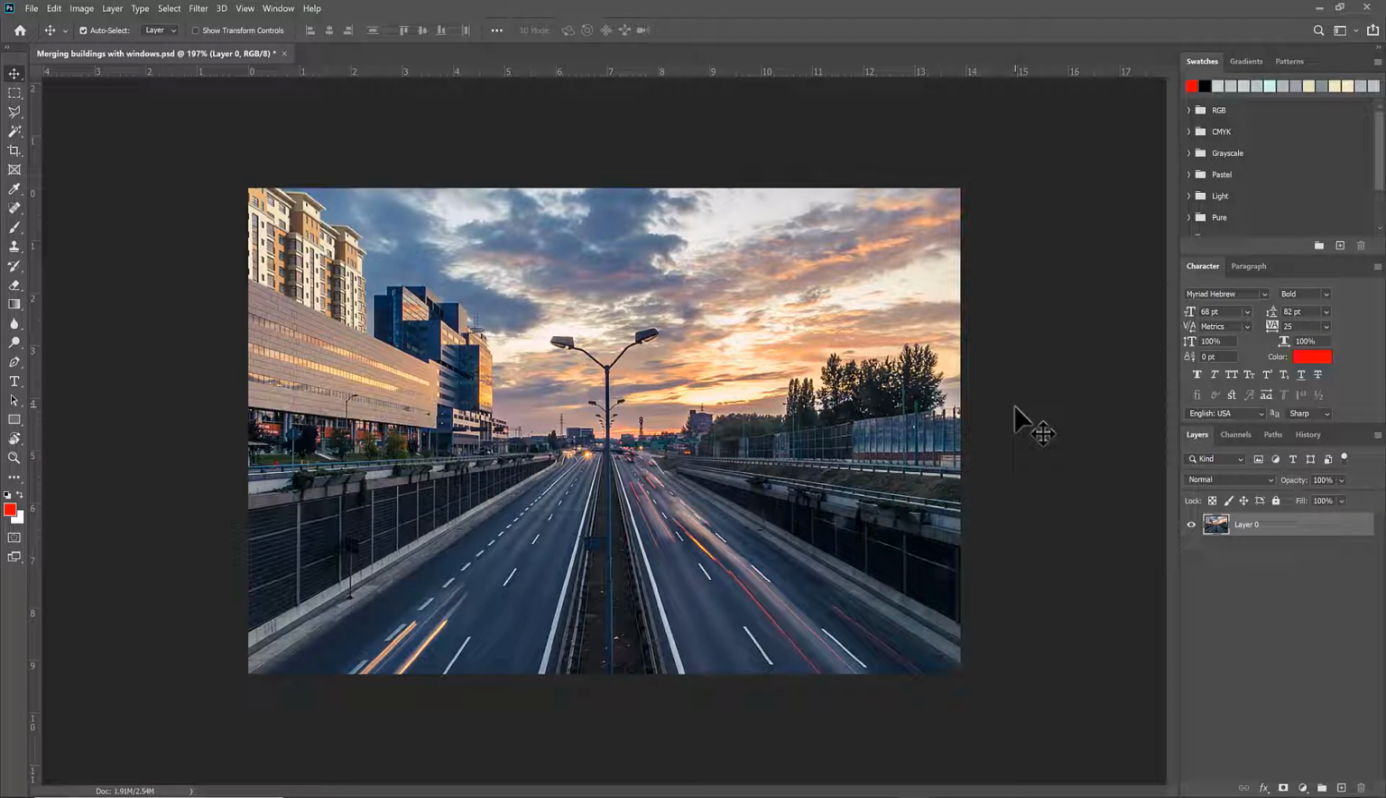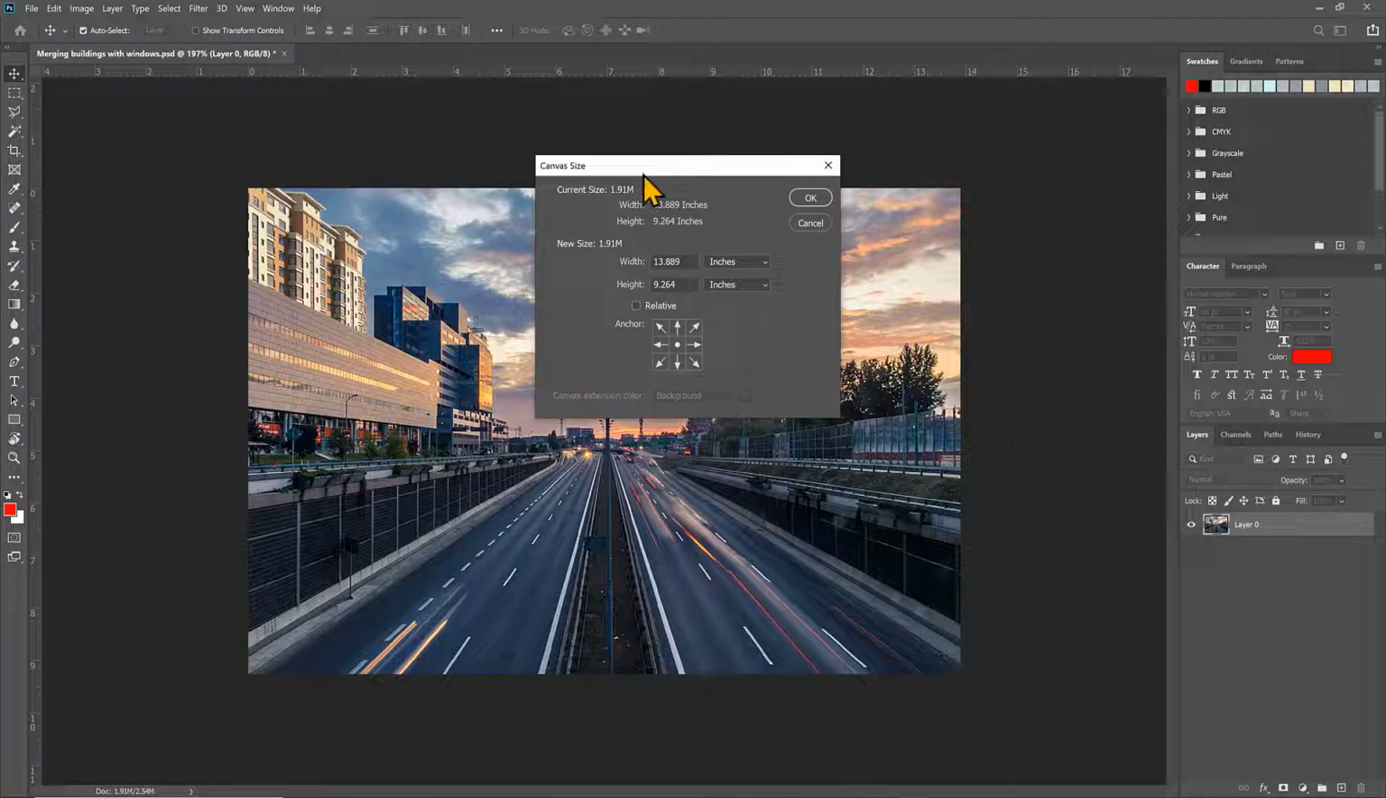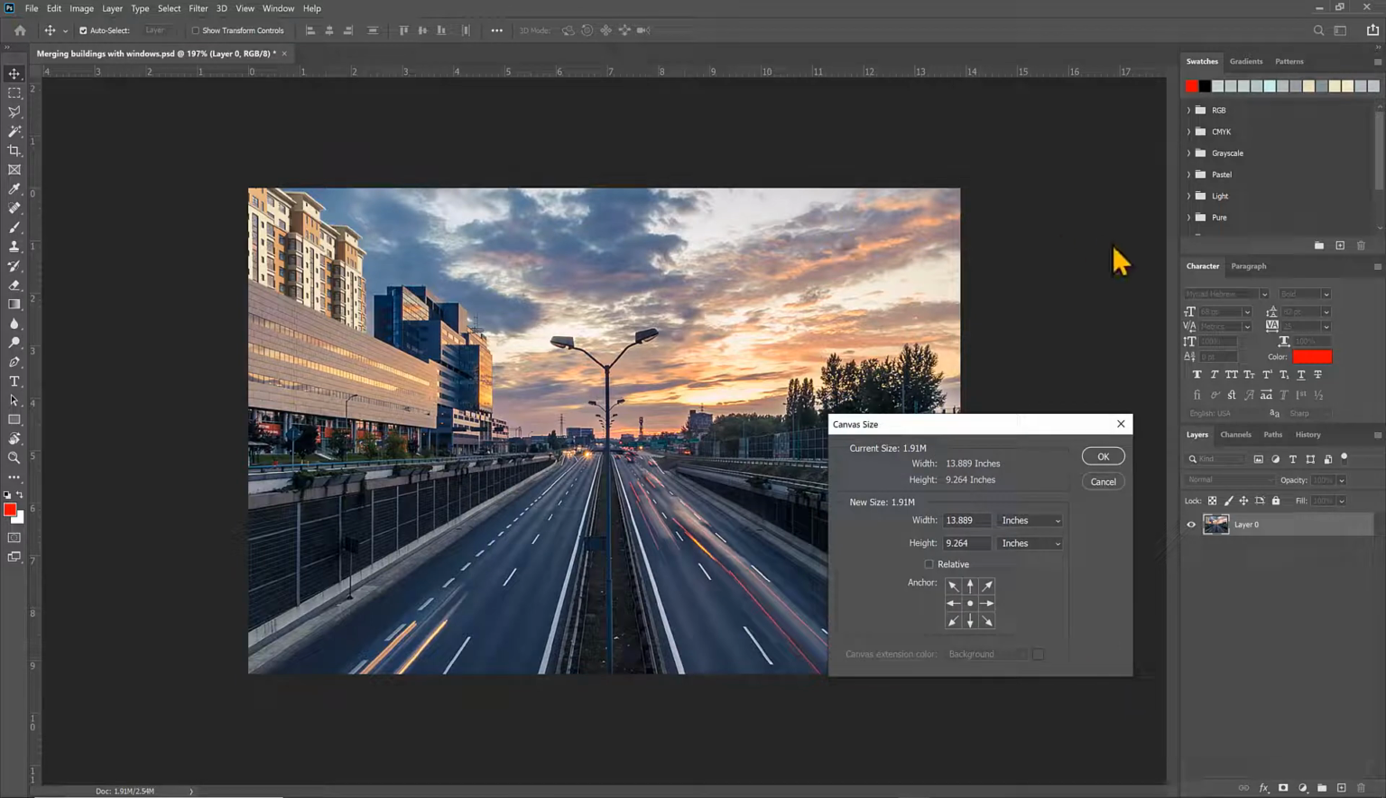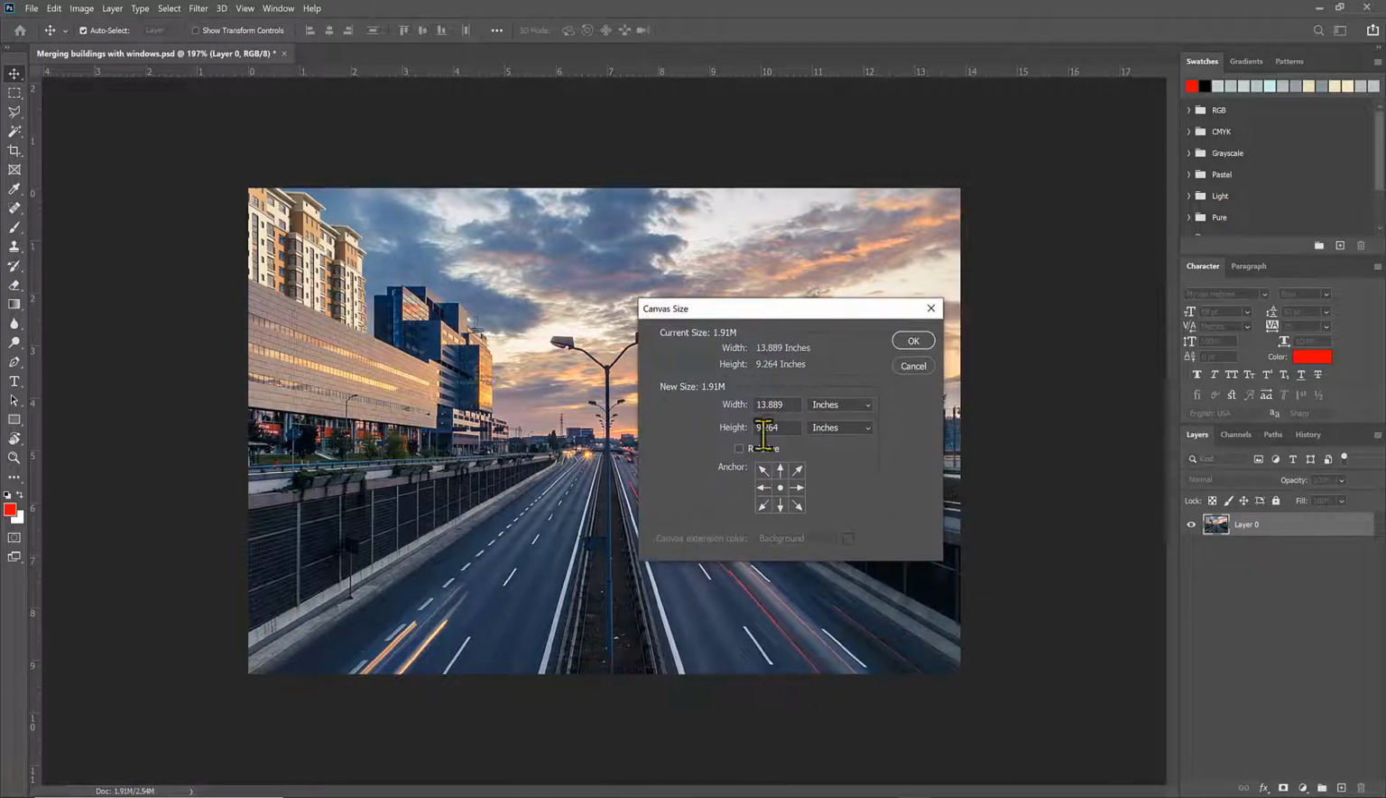Okay, so here's the scene. The first thing that I need to do is go to Control-Alt-C, and that's going to allow me to expand on the canvas. The canvas is that work area. So what I want to do is tell the canvas to expand. Let's talk percentages. I'm just going to say maybe I want to make it 130%,